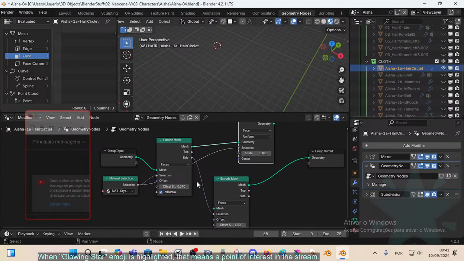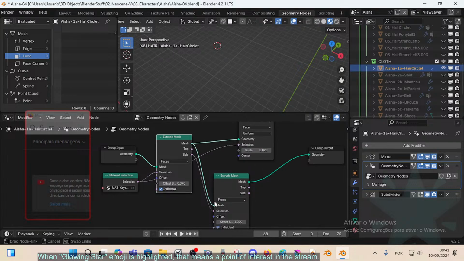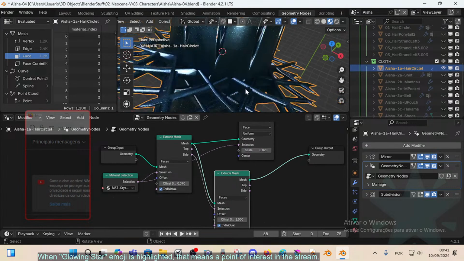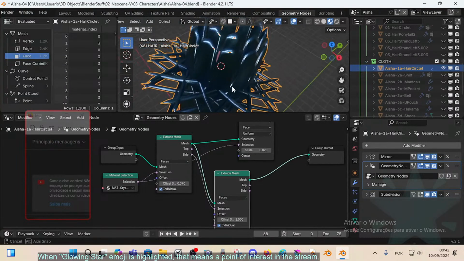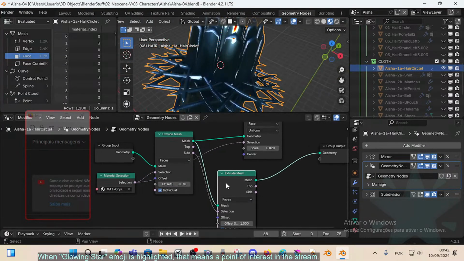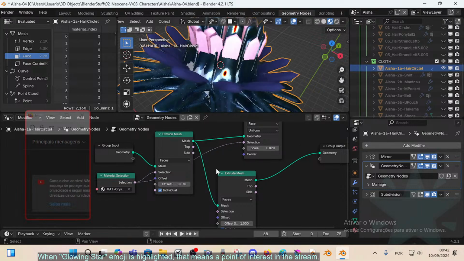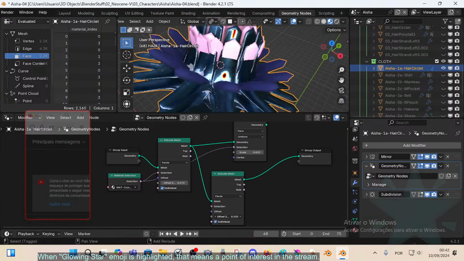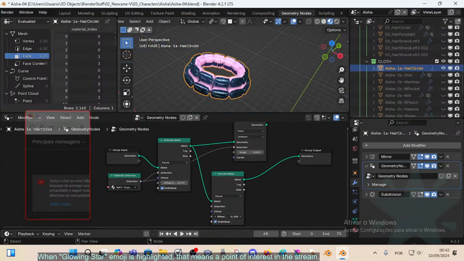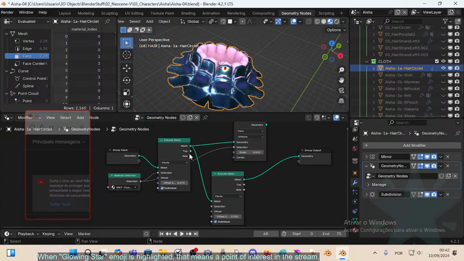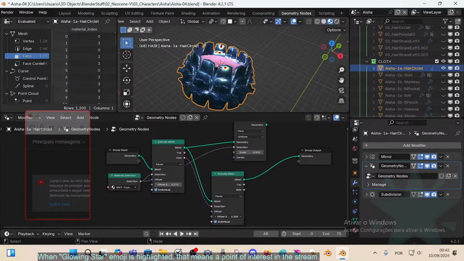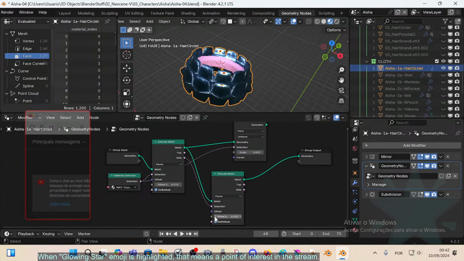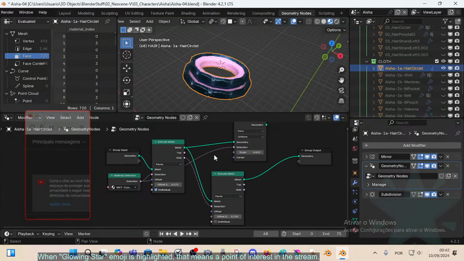Let's ignore these scalings. Well, look at those feathers. The side individual here, or